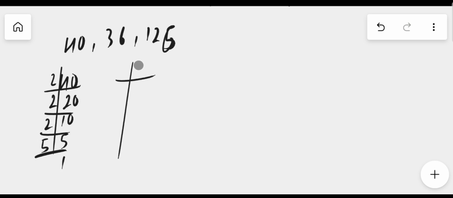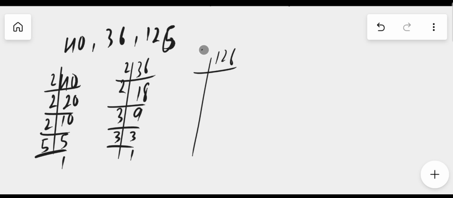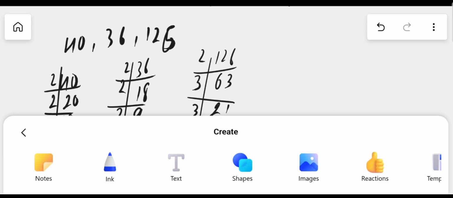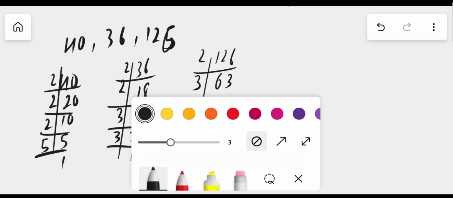Prime factorization of 36: 2 times 18, 2 times 9 is 18, 3 times 3 is 9, 3 times 1 is 3. Prime factorization of 126: 2 times 63, now 3 times 21, now again 3 times 7, and 7 times 1. Okay, so these are the prime factorizations of these three numbers, 20, 40, 36 and